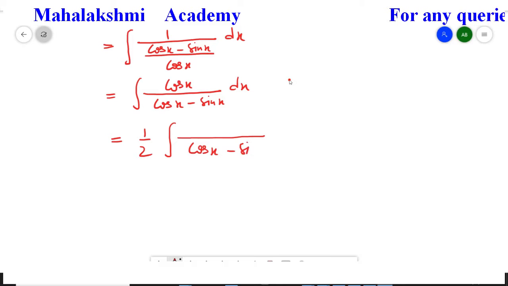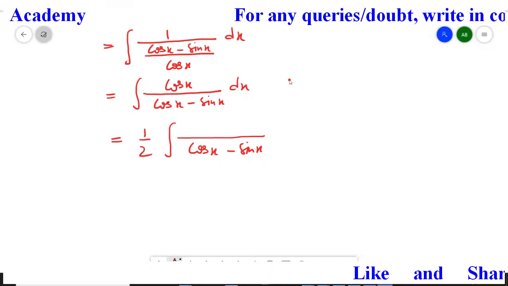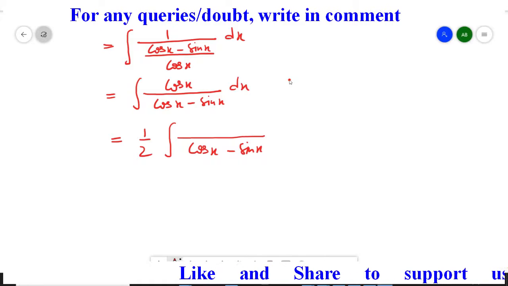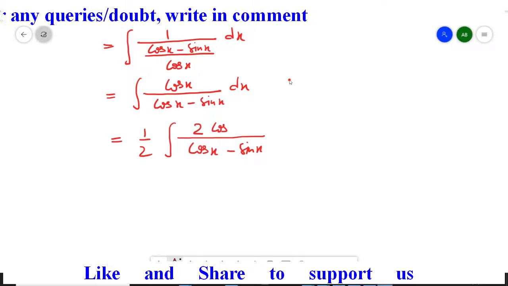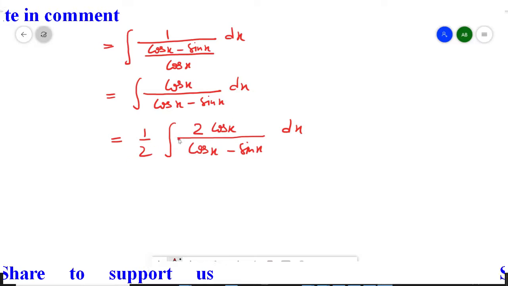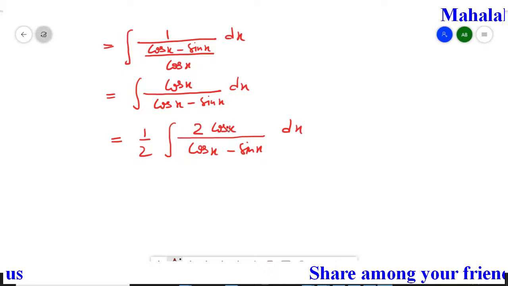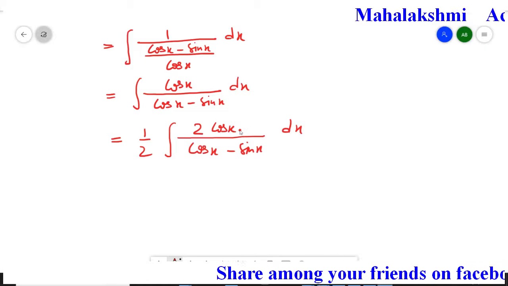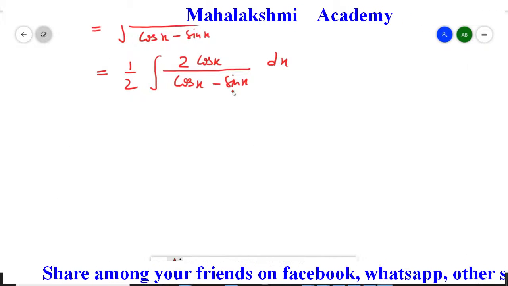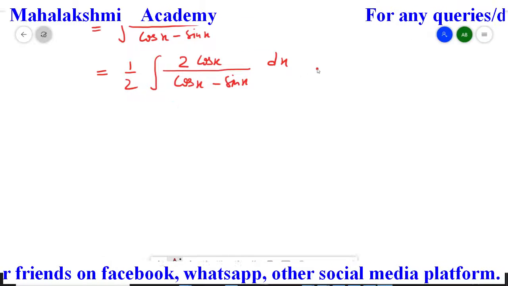So for cos x, what we have to do is just multiply and divide the complete trigonometric function by 2. So here I divide and here I multiply by 2. So 2 cos x. Just see, the meaning has not changed, the meaning remains the same. Now this 2 cos x we are going to separate as cos x plus cos x, and in the same way we will add sin x the first time, and the second time we will subtract sin x. So this is going to change like this,